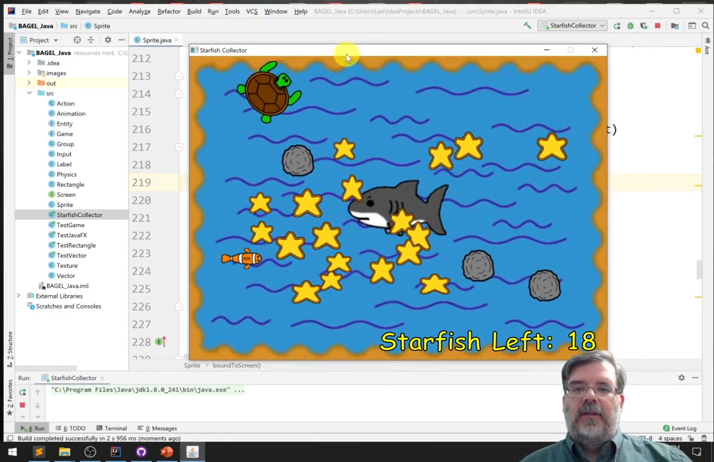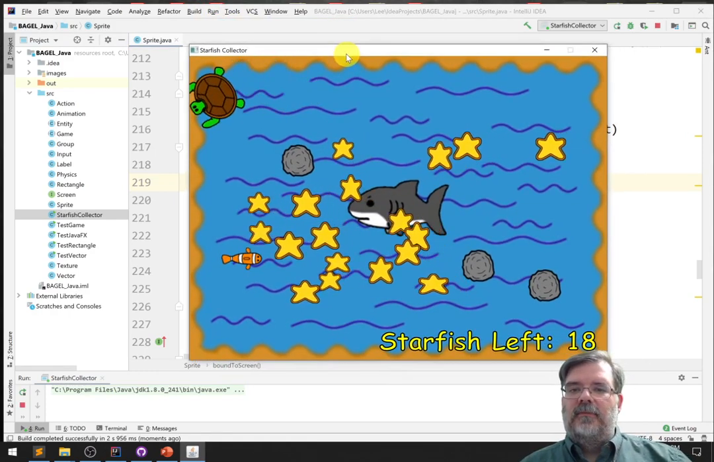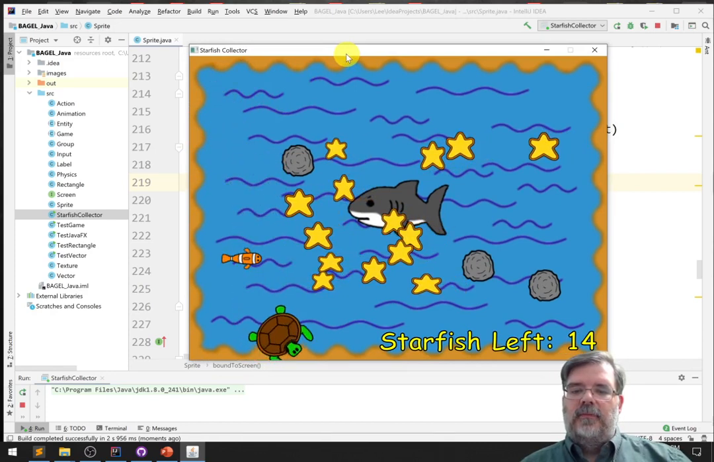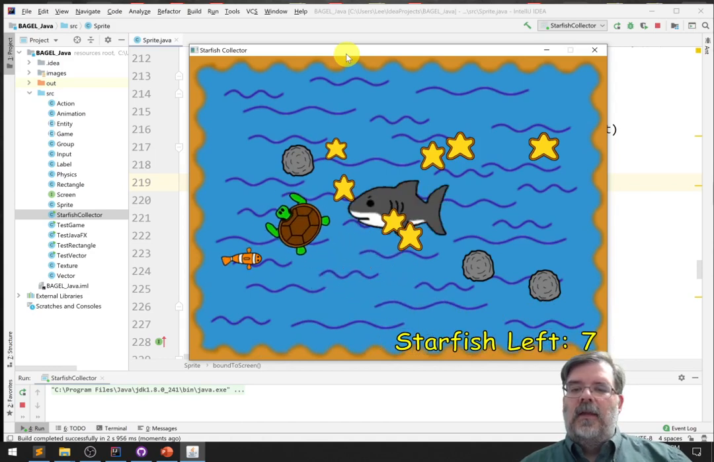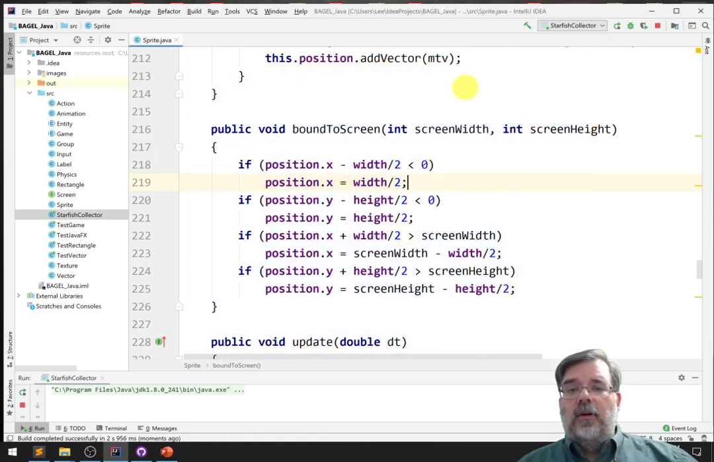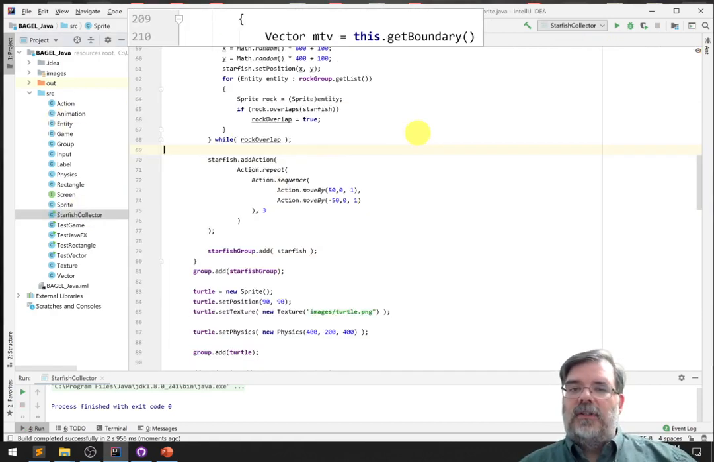All right, so I'm going to try to move the turtle to the top. Nope. Move it to the bottom. Nope, I can't get past that bottom edge. What about over here? Nope, that turtle is going to stay on that screen. Very cool. All right. Now in our code, to activate this function, if I look at Starfish Collector,